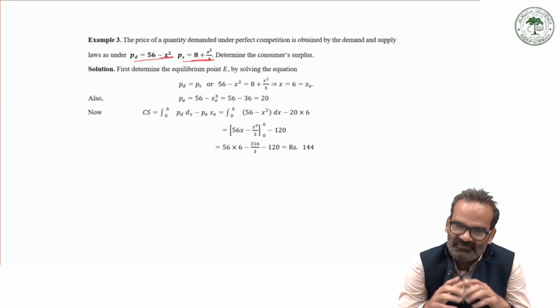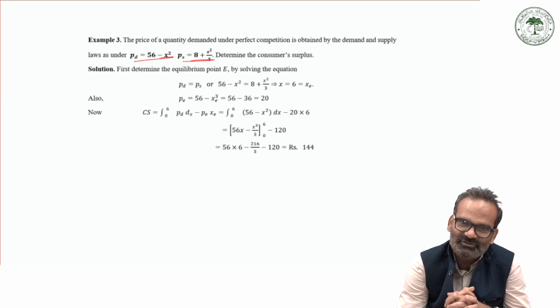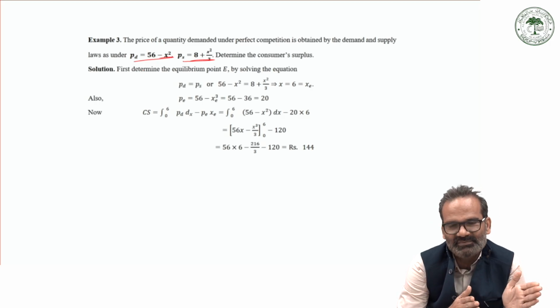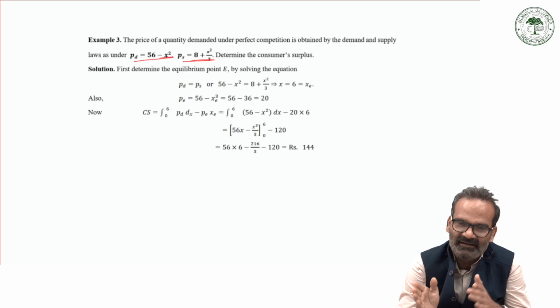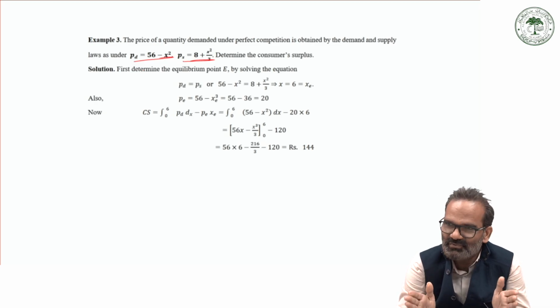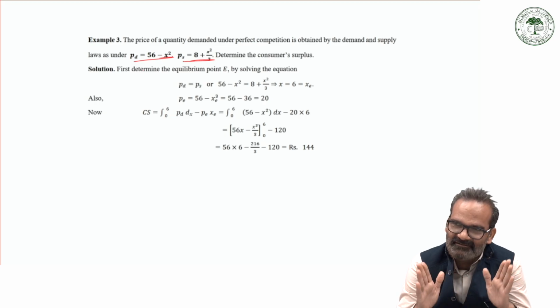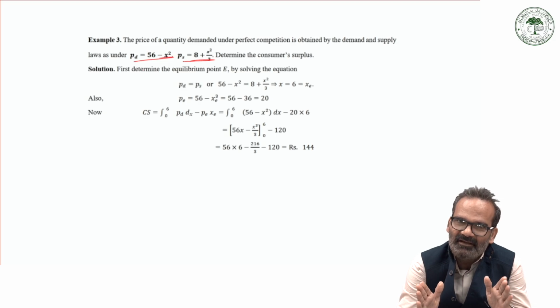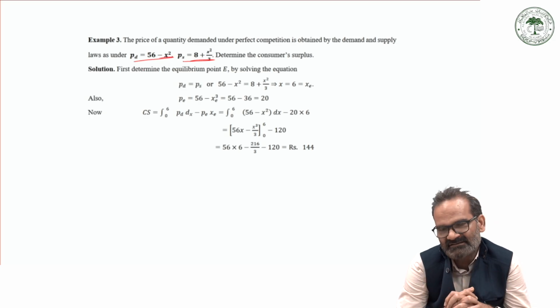But whenever you want to calculate the consumer surplus under perfect competition or under monopoly, both demand and supply functions will be given to you. Be careful. In other words, you cannot determine the consumer surplus under perfect competition if both demand and supply functions